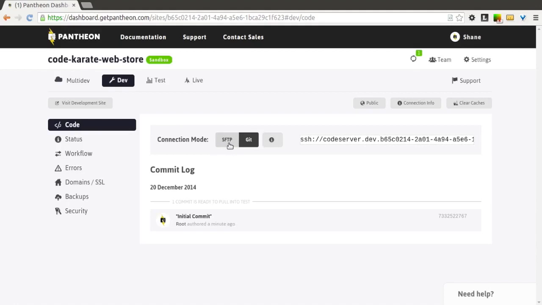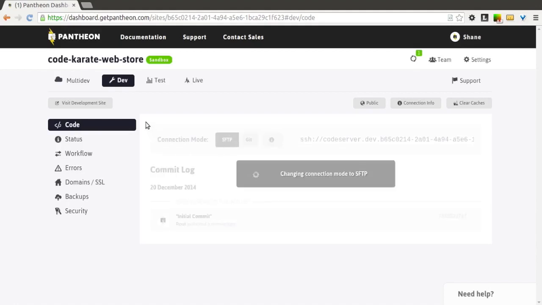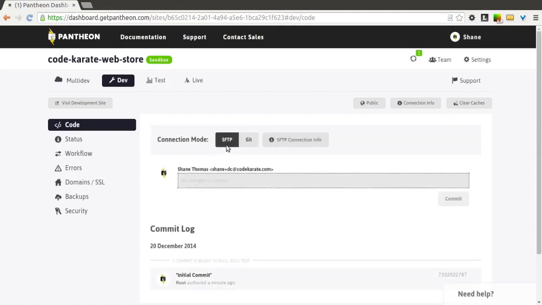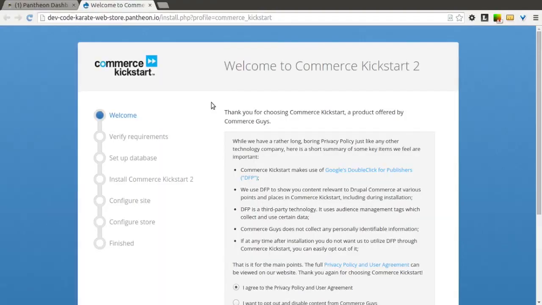You can either use SFTP mode or Git mode. We want to use SFTP mode because that'll make it easier for you to install your modules on your Drupal site. So the important thing is once you check or click that button, you're going to want to click Visit Development Site. And since this is the first time we actually have come to this website, it's going to ask